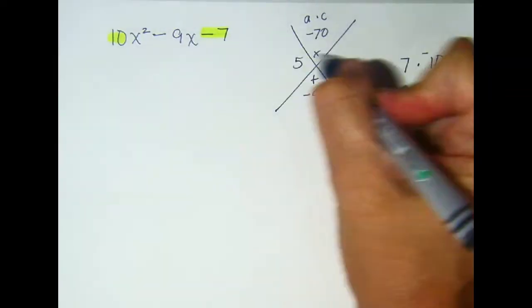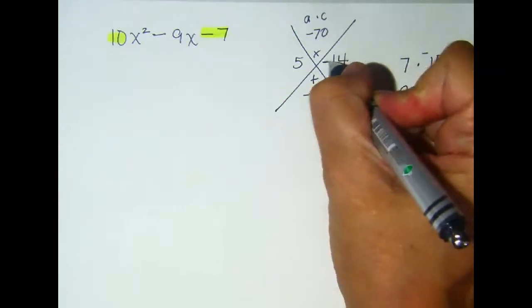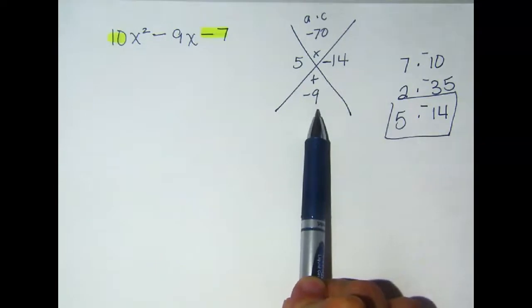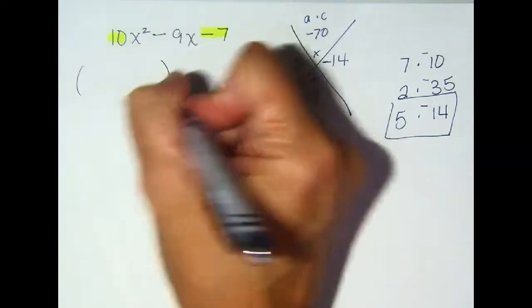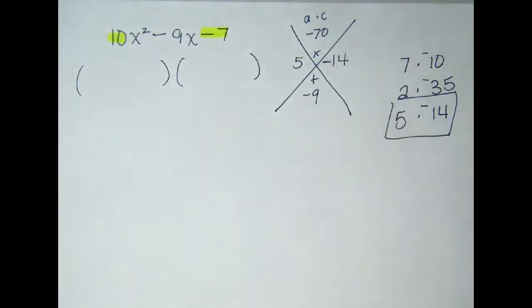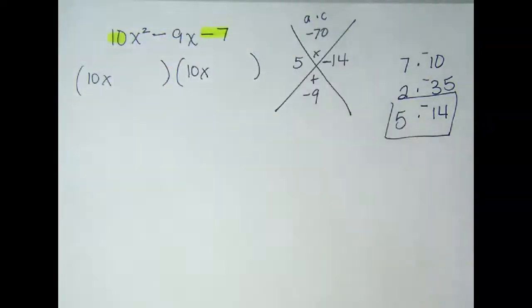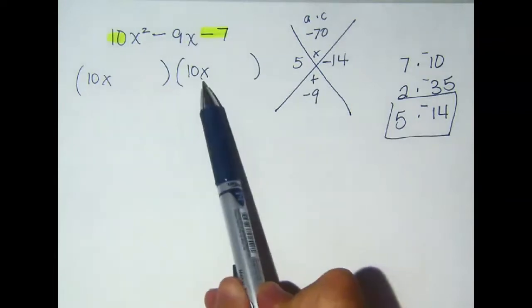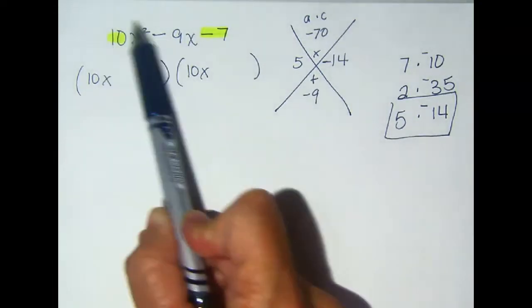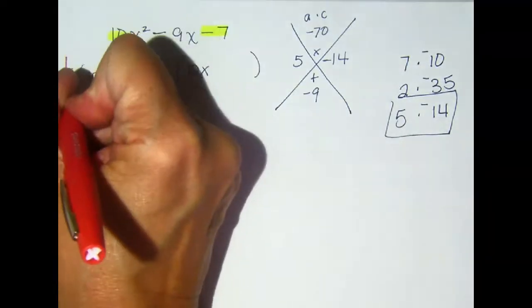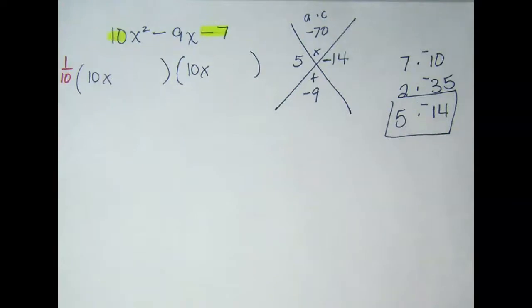So this is 5 and 14, and the 14 is negative, so that when I add these two numbers, I get a negative 9. So with factoring, the AC method is I'm going to actually write this as 10x times 10x. And you might be thinking, well, 10x times 10x does not give me 10x squared. So basically what I'm doing is I'm factoring out a 1/10. And so now what I'm going to do is my two numbers are 5